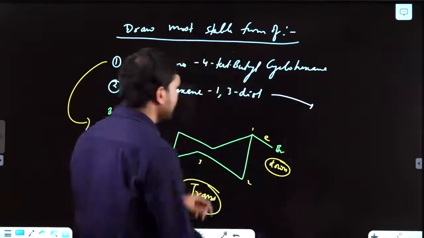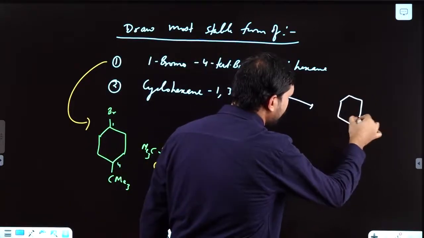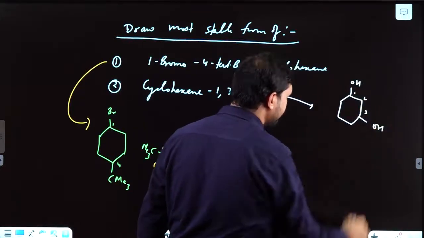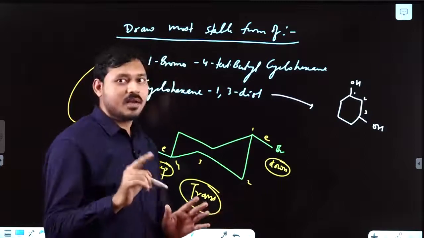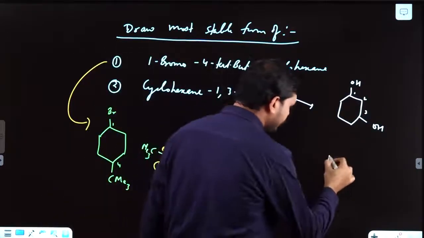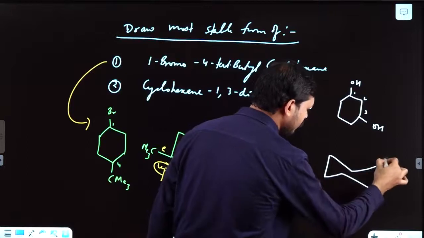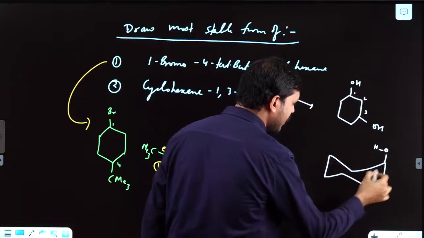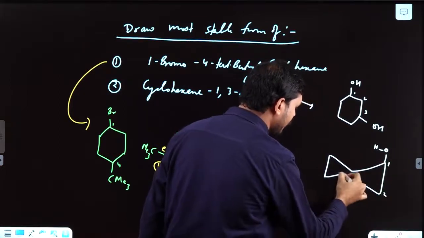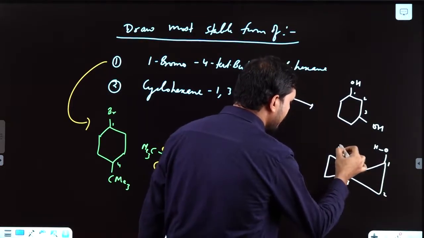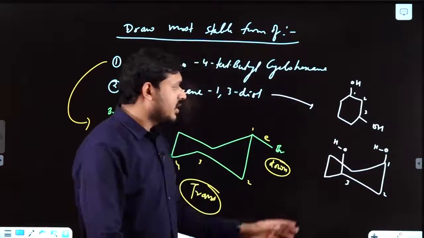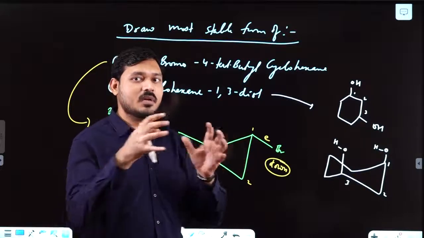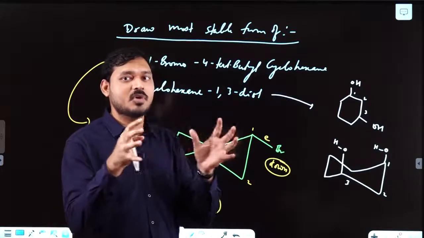This one, cyclohexane 1,3-diol, 1 OH 1 2 3. This is also having OH. Now here what happens is, I have already discussed with you. Suppose this will be your OH, right? 1 2 3, and this is OH. Earlier I told you there will be 1,3-diaxial repulsion, right? Why? Because the most bulky groups come across each other, then there will be repulsion among each other.